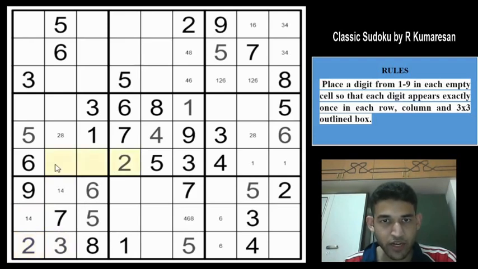And you can't have a 2 in row 6 and a 2 in column 1, which means 2 must be in one of these two cells. And there is a 2 in row 1, so 2 must be in one of these two cells in box 1. Okay, but you have 2 in one of these two cells, right? Because in box 3 you cannot have 2 in any of these cells, so 2 must be here, which means we can eliminate the 2 from here and we get the 2 in row 2 column 3.